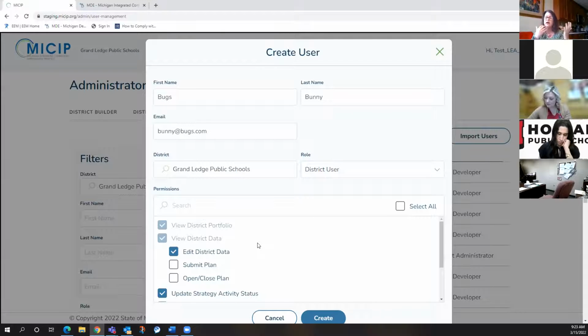And we know that we have some districts that have many layers of administrators when it comes to planning and approval. So if you're on a continuous improvement team, before anything goes live into your portfolio, there may be, say, an assistant superintendent or a superintendent that says, no, I have to review everything before we submit. Then that particular person would figure out whether I need to give them permission to submit a plan or